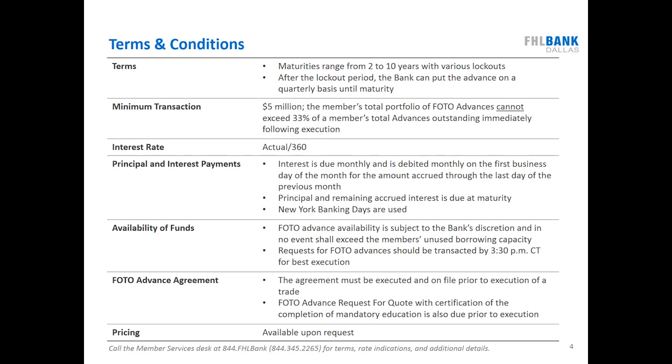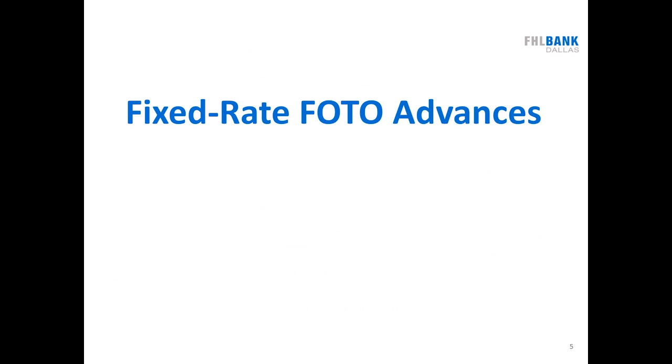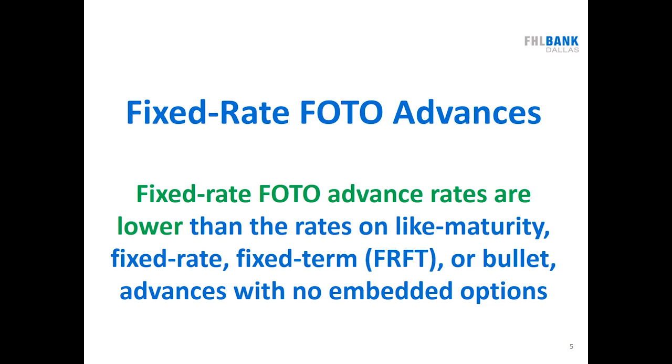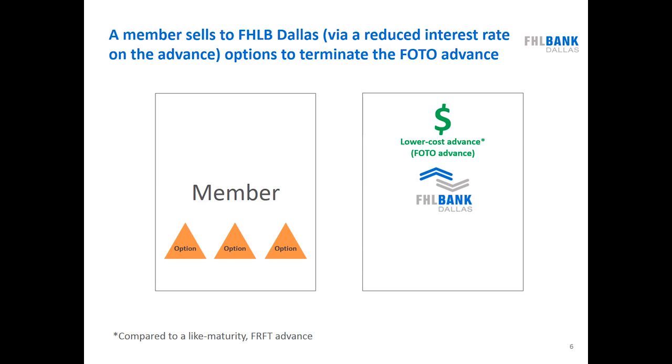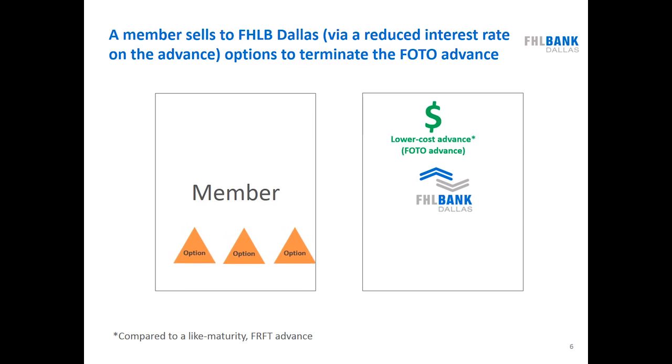Importantly, the member's total portfolio of put advances cannot exceed 33% of a member's total advances outstanding immediately following execution. Fixed-rate put advance rates are lower than the rates on like maturity, fixed-rate, fixed-term, or bullet advances with no embedded options. A member sells to FHLB Dallas, via a reduced interest rate on the advance, options to